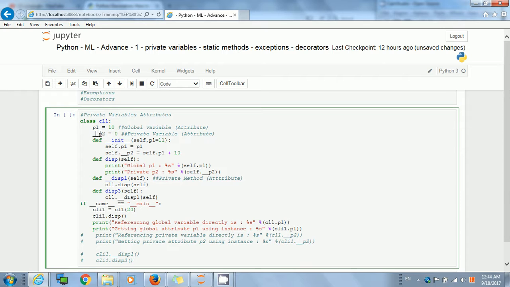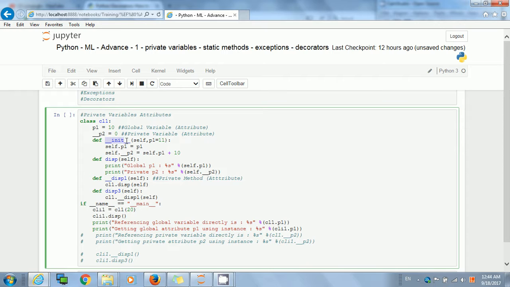And if we declare a variable with double underscore in front, it is your private variable. Now this underscore p2 is only accessible within the methods of cl1. Here for example,